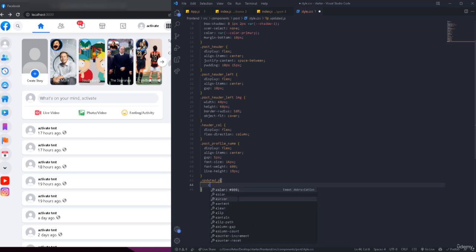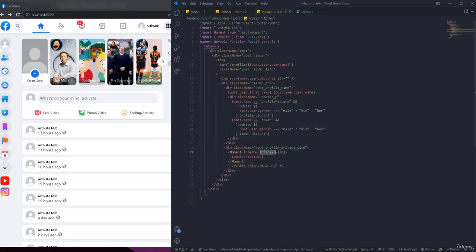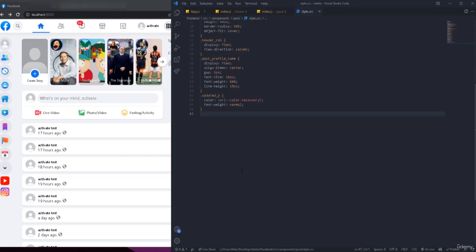So we're gonna have the color variable, and it's going to be color primary. Okay, not primary, sorry, it's going to be secondary. Okay, and then we're going to have the font weight to be just normal. Okay, because it's not going to affect what he wants. Okay, let me just get this name because this is too long. Okay, let's take that, and then right here is going to be margin top 1 pixel,